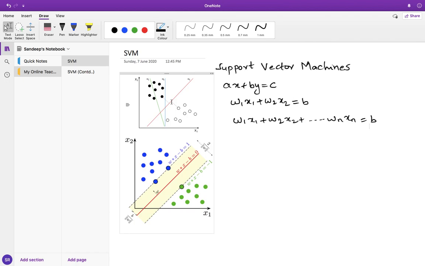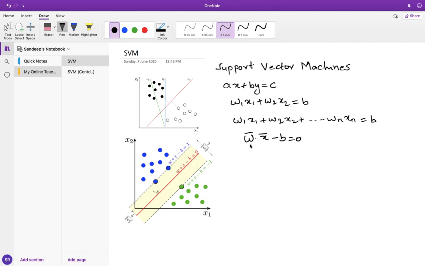First, let us try to analyze how other equations can be written. For example, we are also more interested to find out the line equation which passes through the support vectors. Here we have written it as wx minus b. Let me write it in a more concise way. The general equation of a hyperplane can be written in a shorter notation as w bar dot x bar minus b is equal to 0.